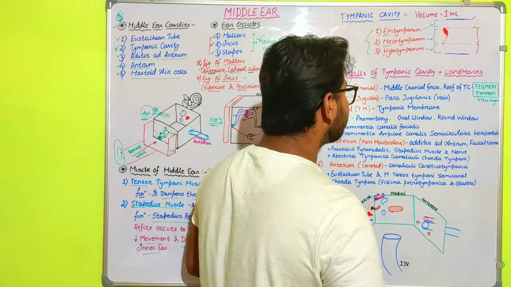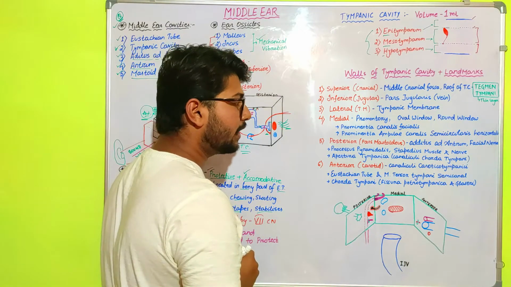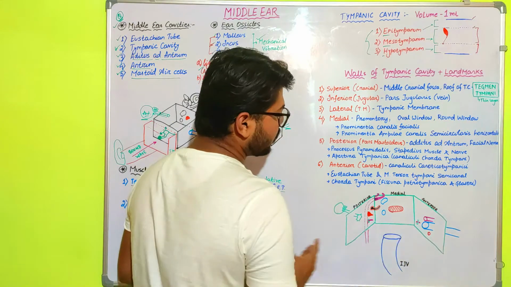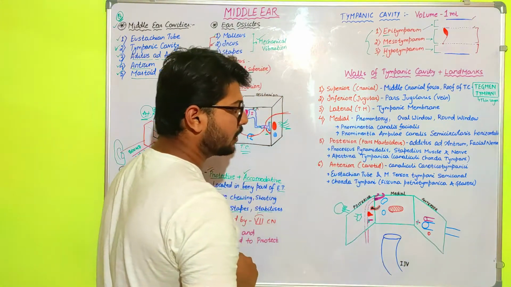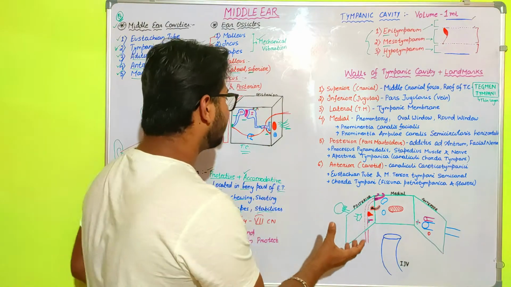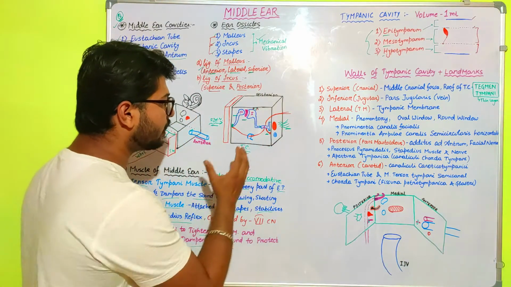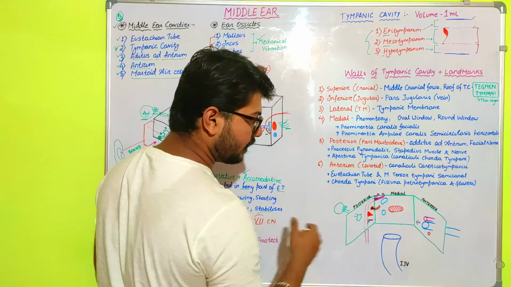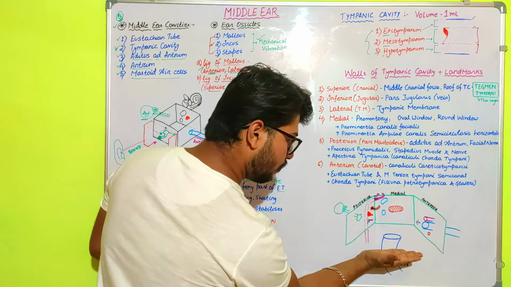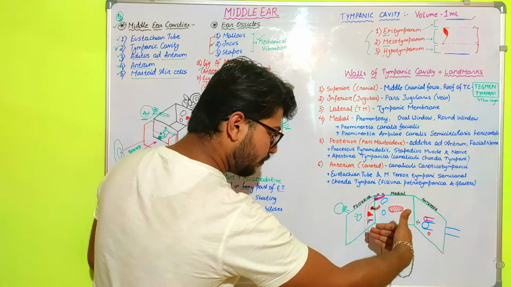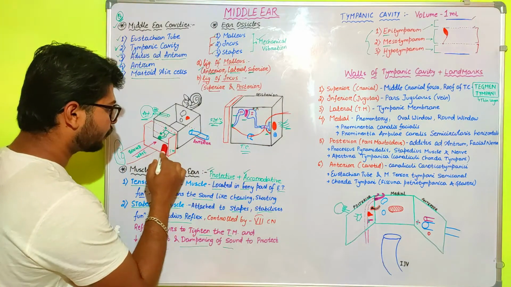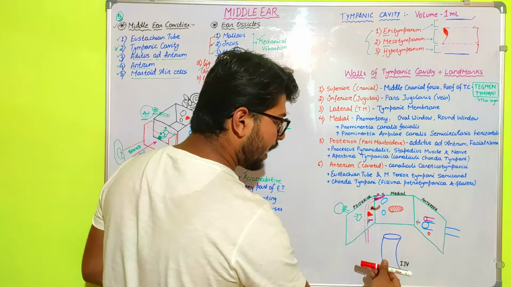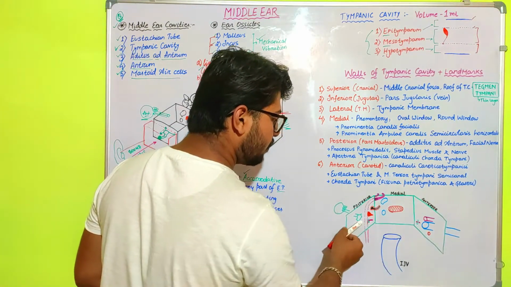The next question that comes is: what are the walls of the tympanic cavity and what are the important landmarks present on the tympanic cavity? This structure represents the walls of the tympanic cavity. You just need to imagine this box structure, and when I open the box, it will have a superior wall, an inferior wall, and a lateral wall, meaning this wall. Okay, towards the lateral surface we have the tympanic membrane. So one will be the lateral wall, and then the medial wall, anterior wall and posterior wall.